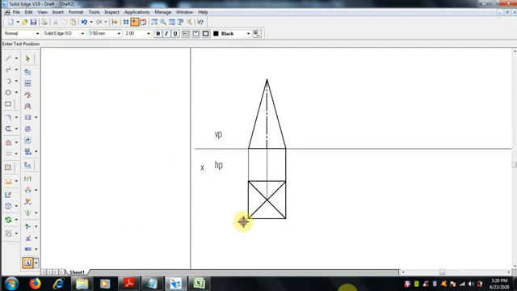Then we have to mention the names for this. We know there is a square base, and it is connected with the apex, so we have to mention the name for the base. Let us take ABCD.